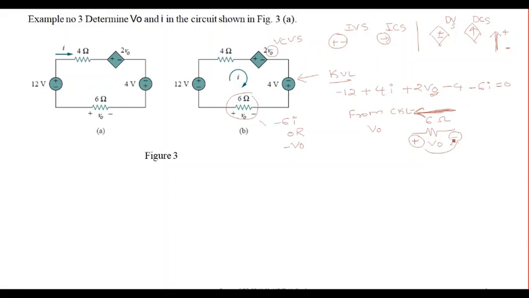If you consider it that way, we can have a slight modification. So we can use V0 equal to the current multiplied by the resistor associated with it. What is the current? Current is I. How is it approaching? It is approaching the negative terminal. So I can write minus I times 6, or V0 will be equal to how much? Minus 6I, right?